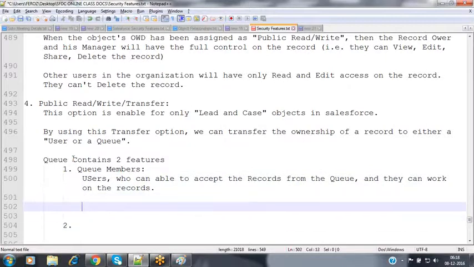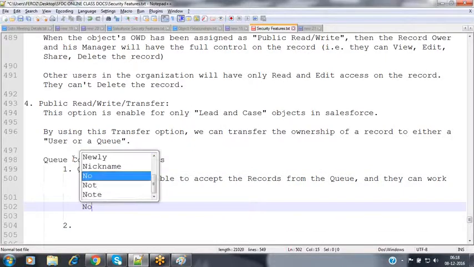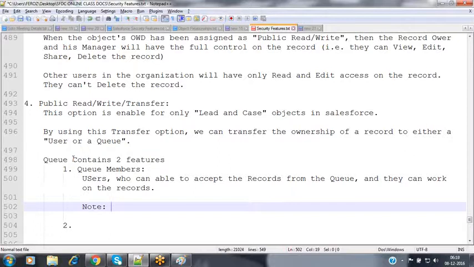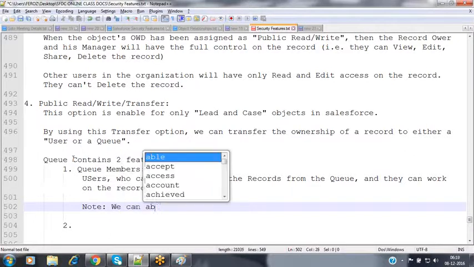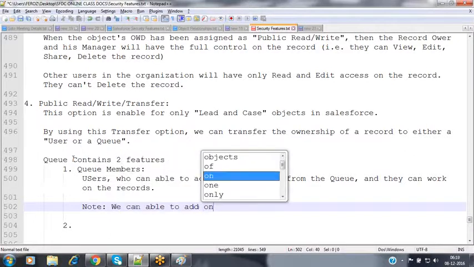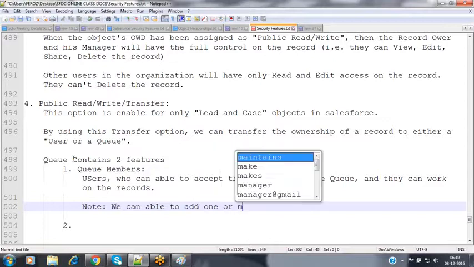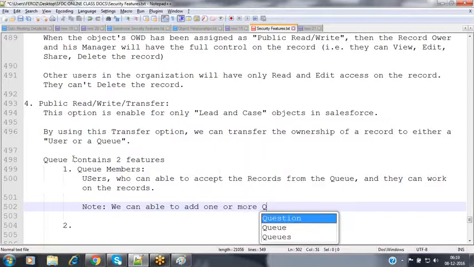For a single queue, we can add one or more members to the queue.